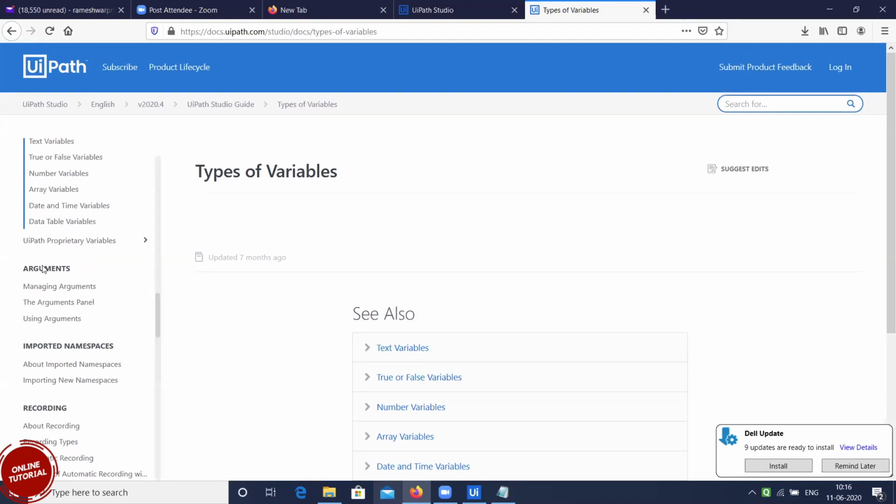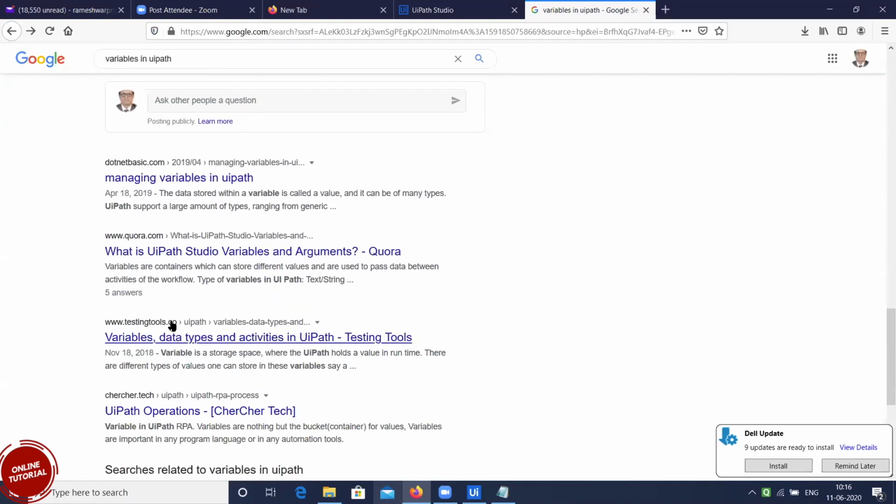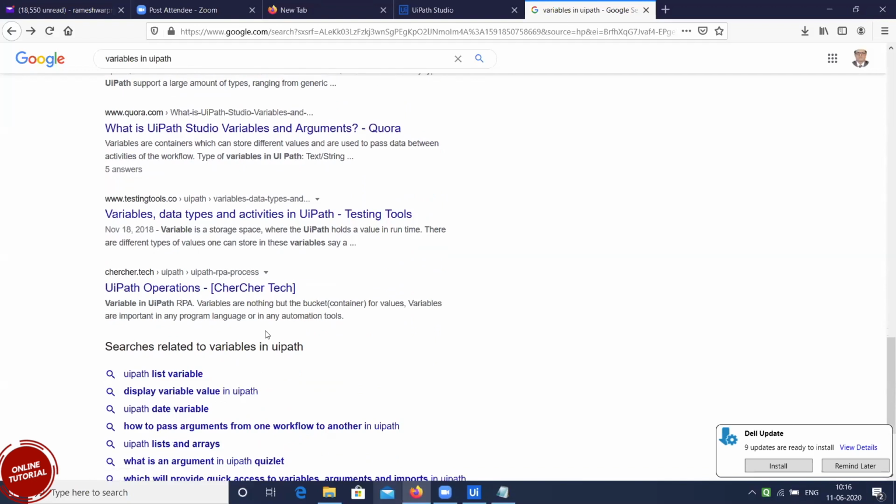Same way you can see here for arguments also. Whatever you get from different sources, you can go through every time. I'll tell you in advance which topic we are going to take, so whenever time permits, you can go through it. It will be easy for you to understand. That's the advantage. Correct. Yeah. Makes sense. Fine. So then we can stop here today. We can continue tomorrow, with variables as our first topic.